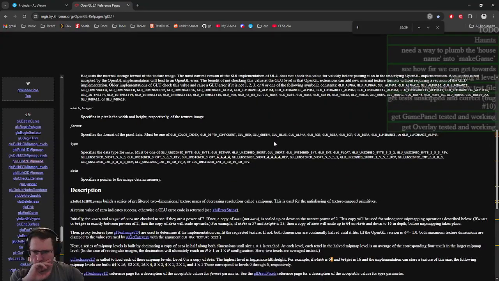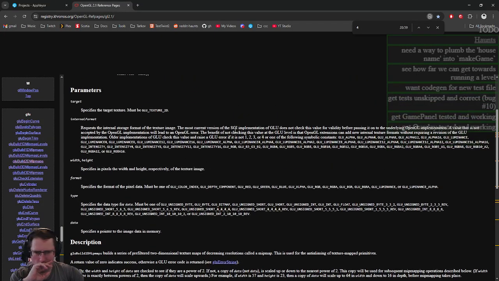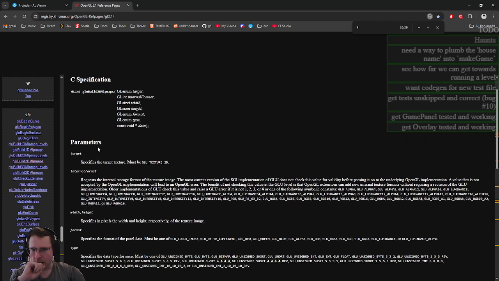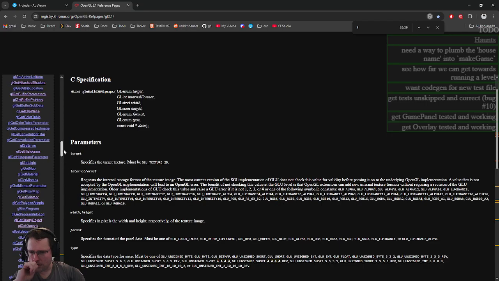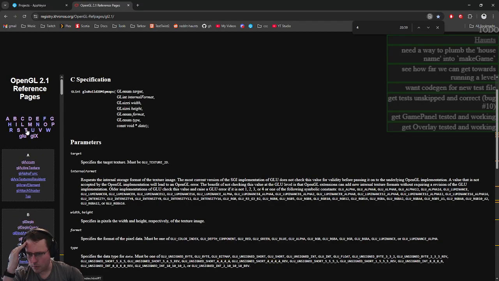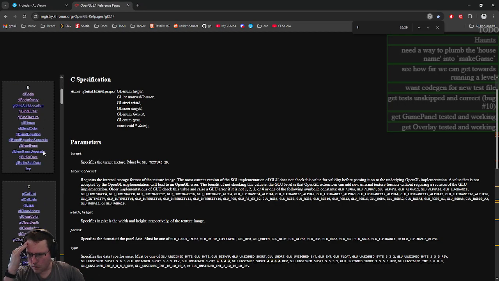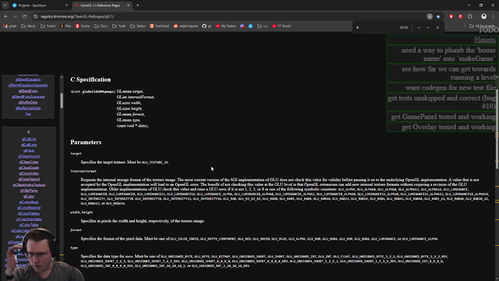But what does 4 mean? I guess it's whatever the internal format for textures ought to be. So if we do a